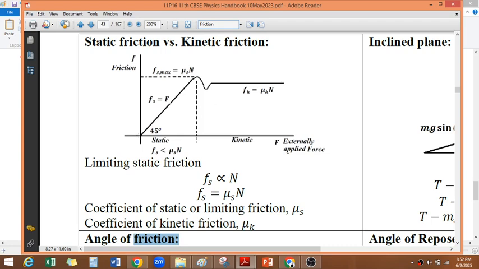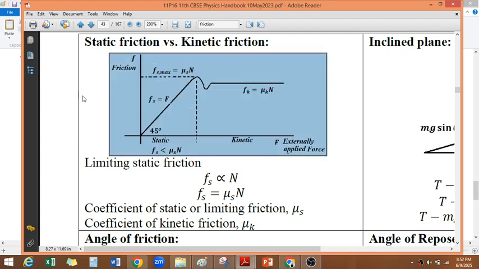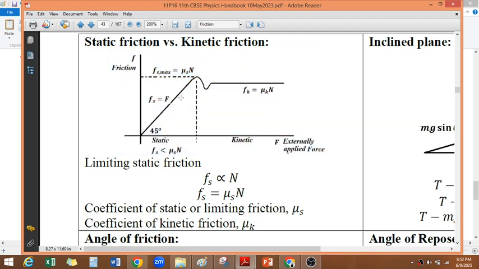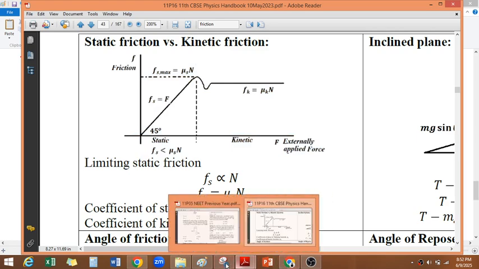So the friction is not constant at the beginning. This region is called the static friction region, and this is called kinetic friction. The static friction reaches a maximum value, then there is a sudden drop, and then it will be constant. So the 6 Newton which we calculated is actually this maximum value, but the acceleration is right now